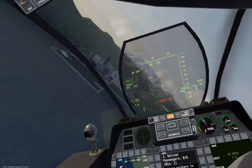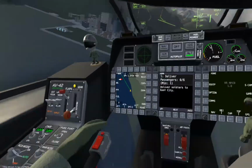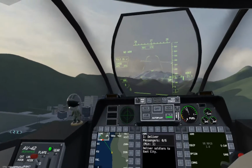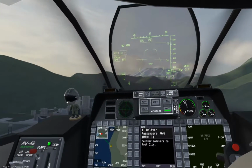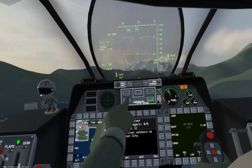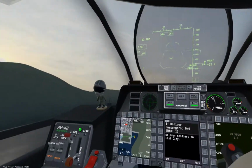Landing gear. Let's get it down, hover. Oh yeah, I can't do that until this part happens. Alright, so I'm tilting the engines. Landing gear, 90. I'm going to put it in hover mode, kill a little bit of the speed, and then we'll let...